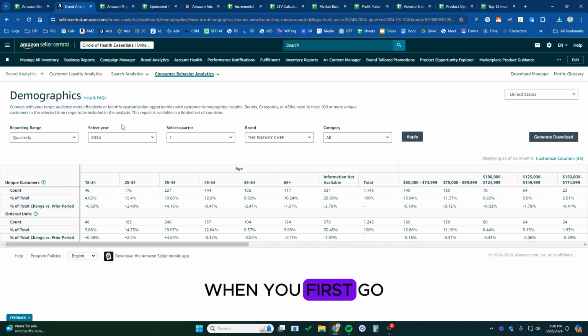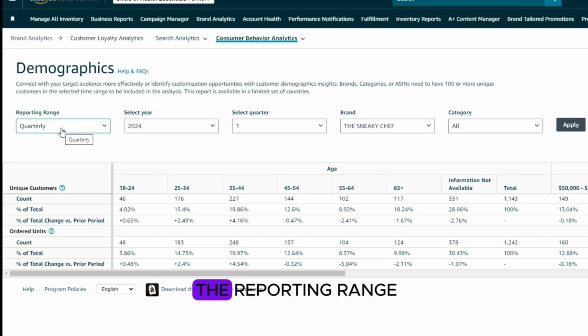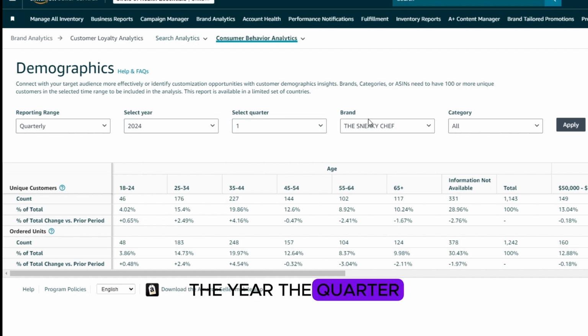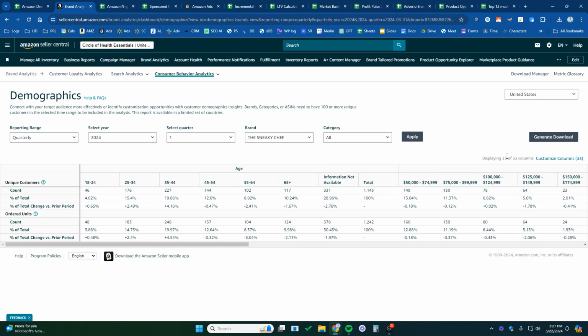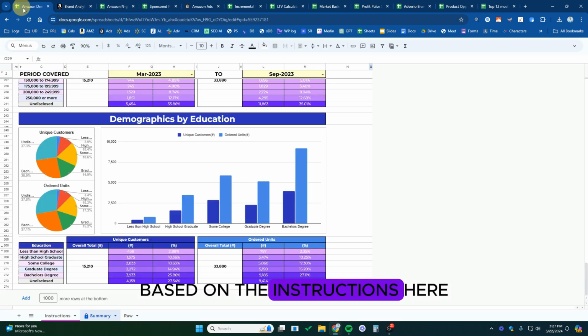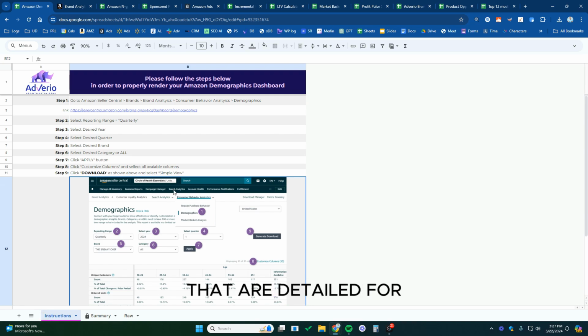When you first go into this page, you'll have to select the reporting range, the year, the quarter, the brand, the category. You can break down as you wish here. And we do recommend going with the quarterly. Our tool is built around the quarterly, so please keep that in mind. Once you select all of these based on the instructions here that are detailed for you right here,